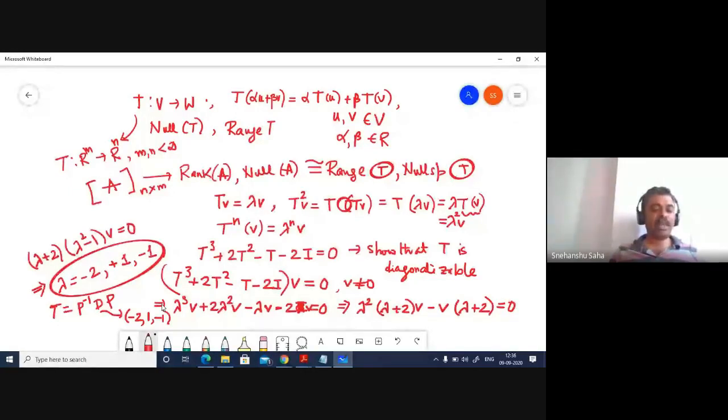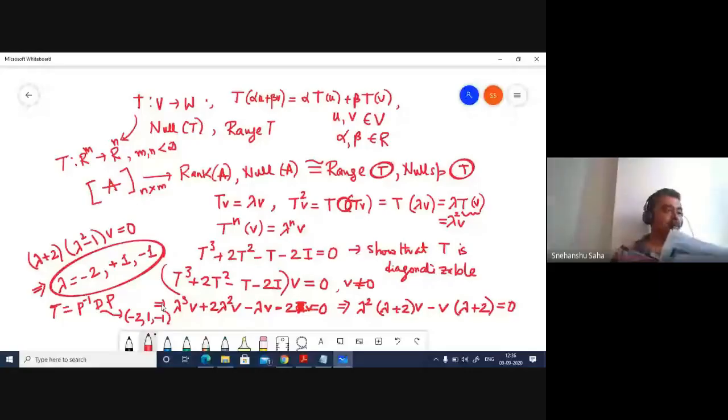Then there are some other important results. When the eigenvalues of a transformation are real and distinct, the corresponding eigenvectors are orthogonal. A set of orthogonal vectors is also linearly independent. Similarity transformations have the same eigenvalues, and so on. These are a bunch of things. If you go through the snapshots and the summary notes that I have uploaded, you will have a pretty good idea of what I expect from you as far as the test is concerned.